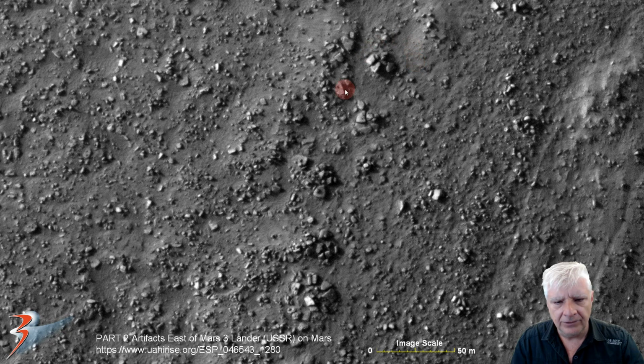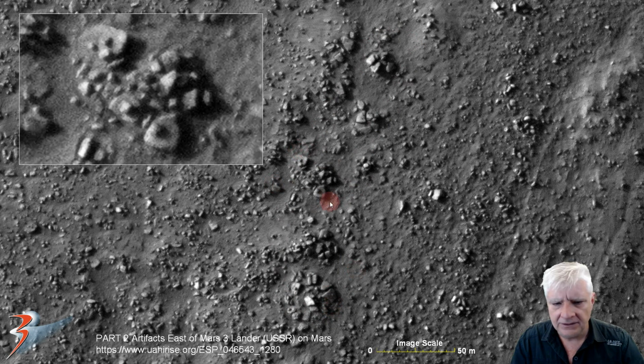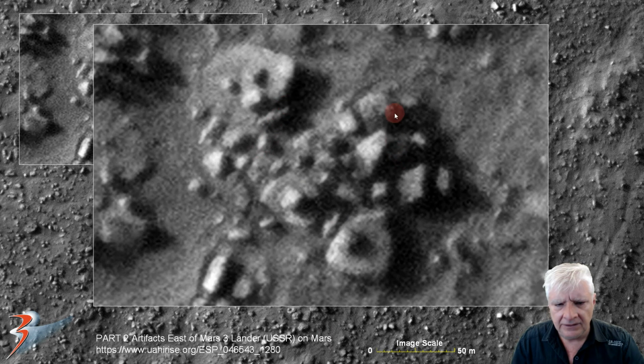Look at the piles of rubble in this area over here. We're going to be zooming in on this one and this one over here. This one consists of multiple little blocks, but check out the 3 larger parts over there. Each one has protrusions on it, and this one over here has got 3, and it's also in a triangular pattern on top of that. A row of blocks going through here,